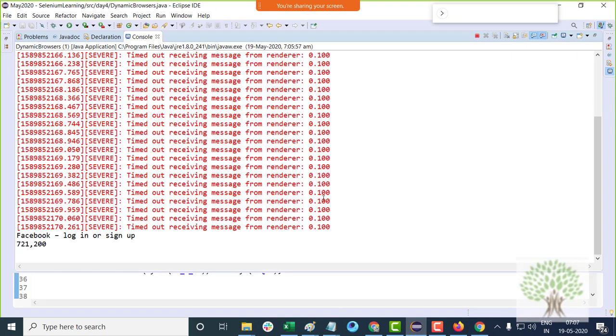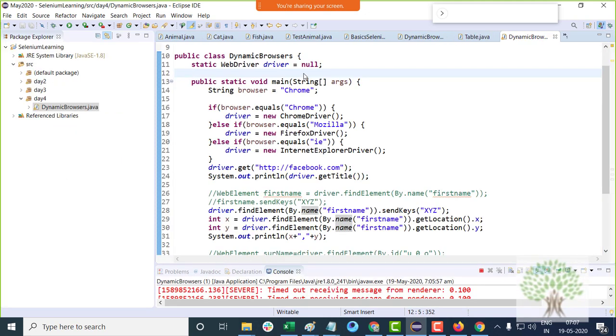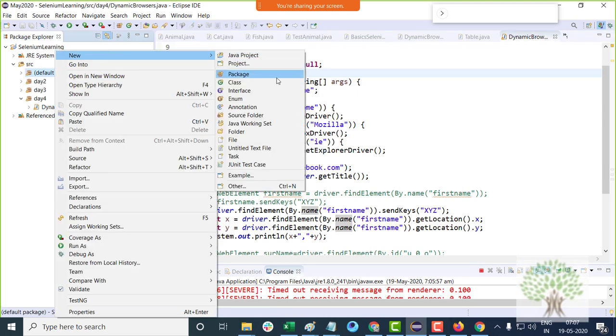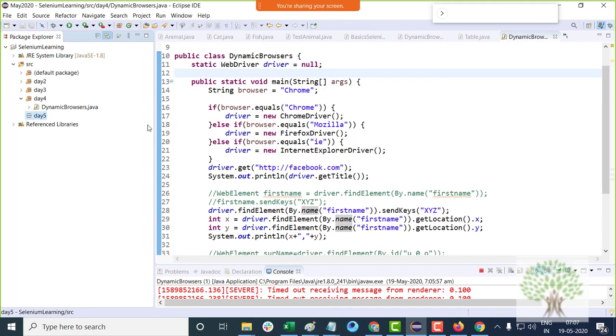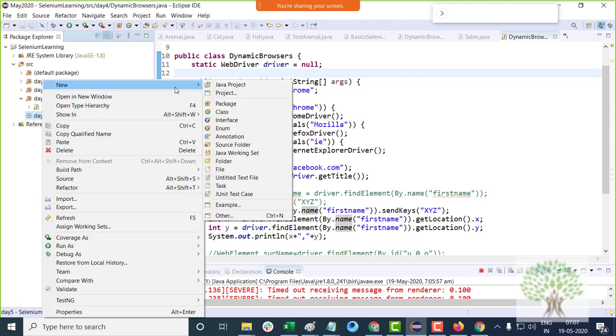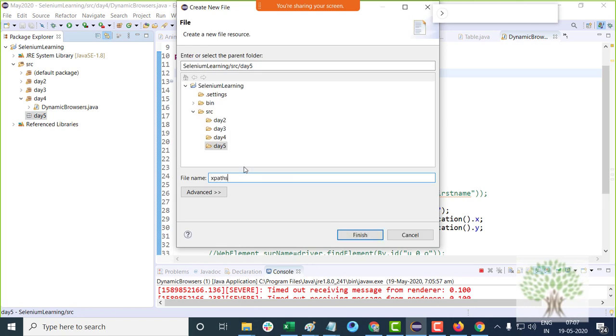Now XPaths are of two types, and XPaths are like the address of the element on the web page. I'll create a new package known as day5. I'll create a new file known as XPaths.